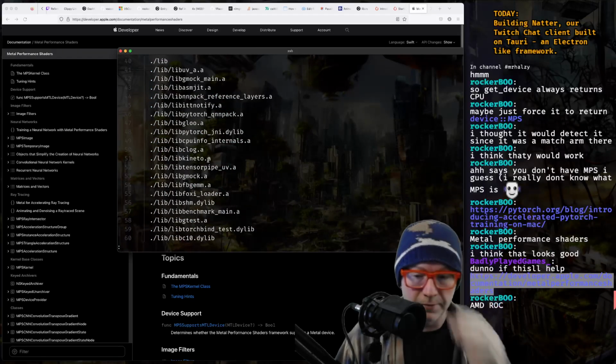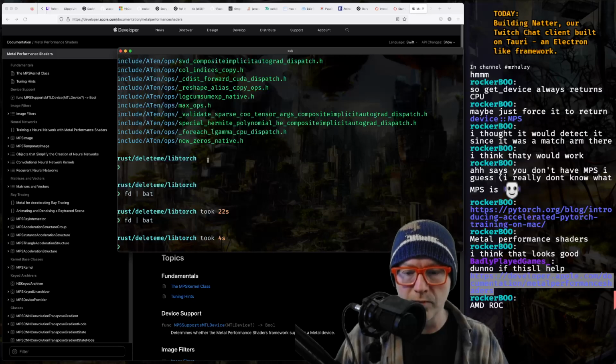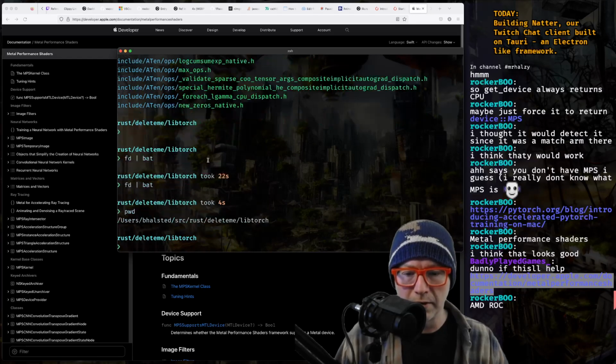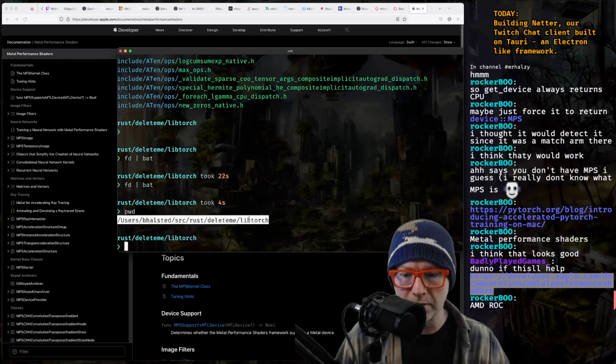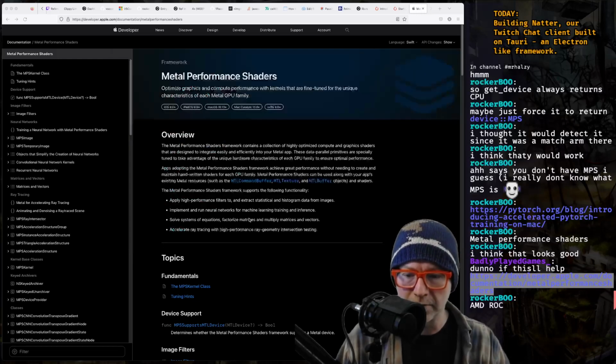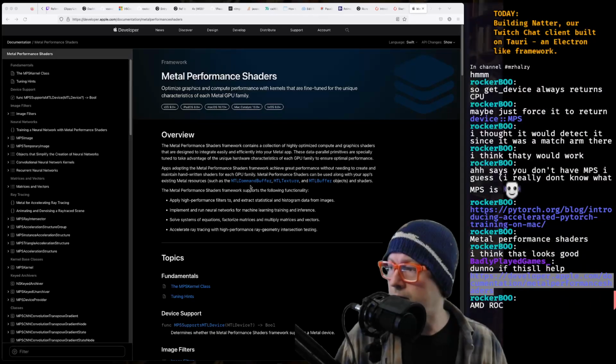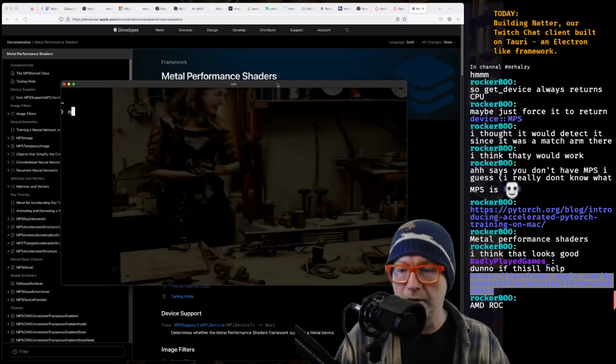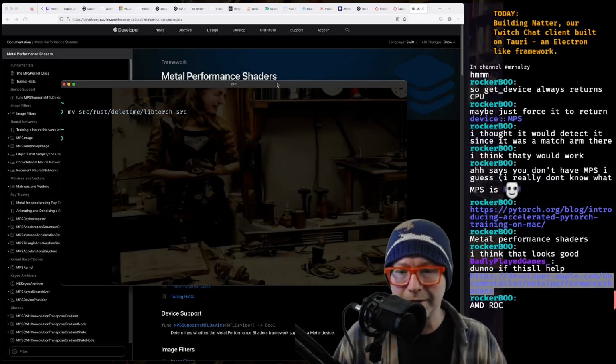Now, okay, torch. Move. Let's see. Oh, that's not what I wanted. Source rust. Delete me. Move libtorch to source. Yep. It should live in source, even though it's not really source, but it's kind of my playground.